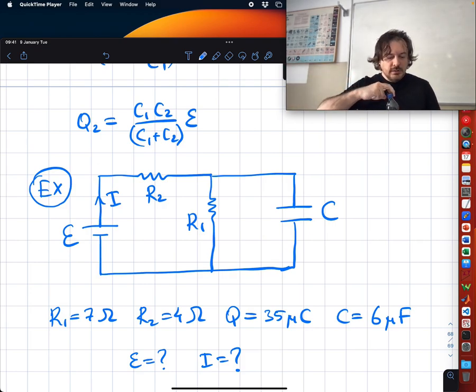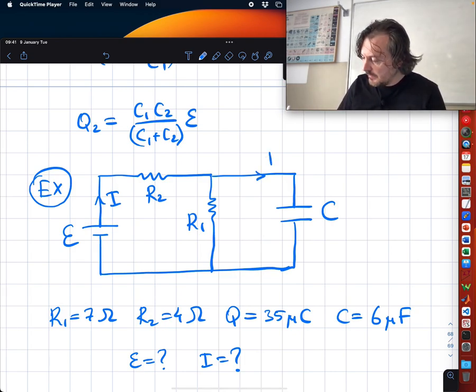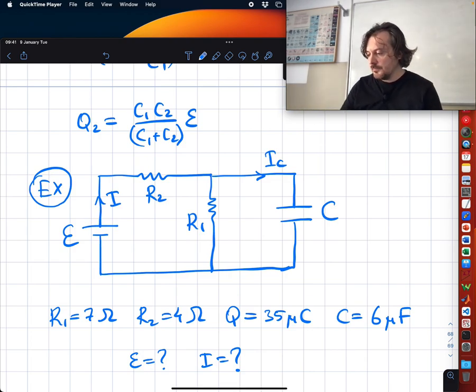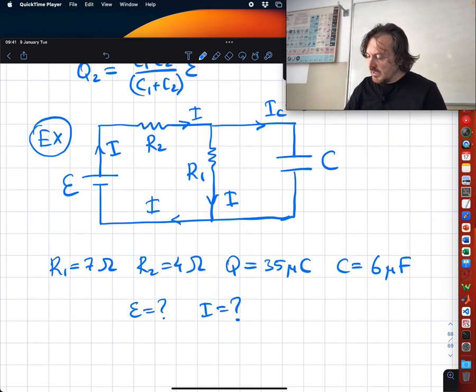Okay? Let me ask you, what is the current that passes through the capacitor? 0. That's already charged. 0 because it's already charged. Very good. So the capacitor has zero current flowing, which means that this I comes here and just turns over here and continues over here. So we have only one current that is running in one of the loops. All right? Then we can simply write,